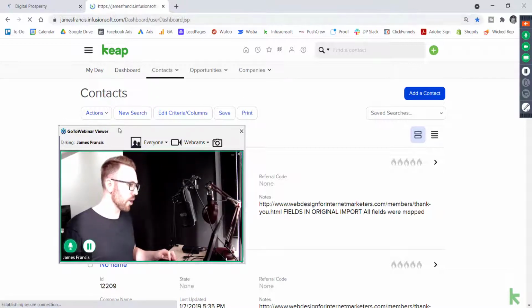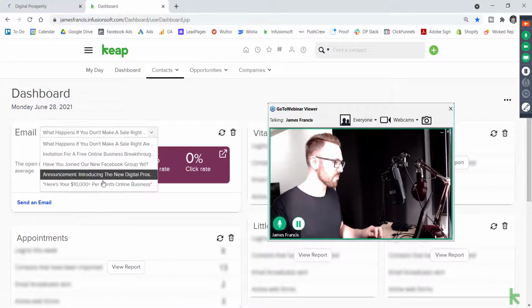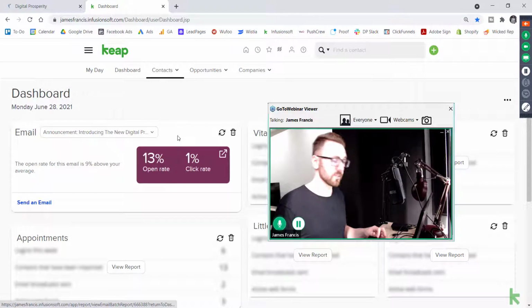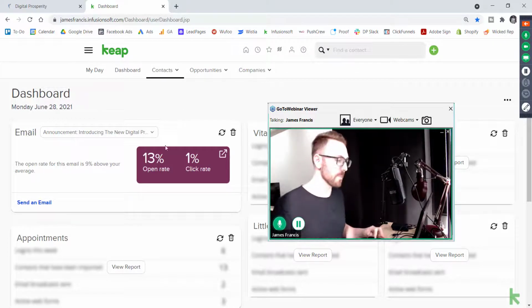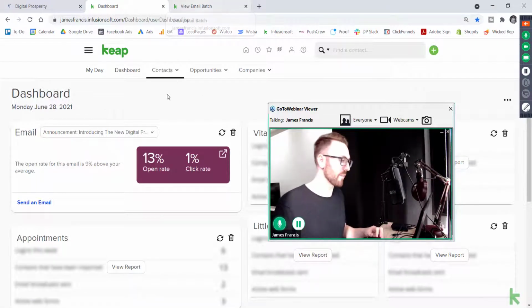So looking at our homepage here, our application Keap actually gives a little summary of different things that we've done. The latest one was announcing our community, our Facebook group, right? And this was when we just emailed our entire list and said, hey, we've got a brand new Facebook group you should join, and go ahead and check it out here, right? So I want to show you the stats of that one and the email itself and how I structured that